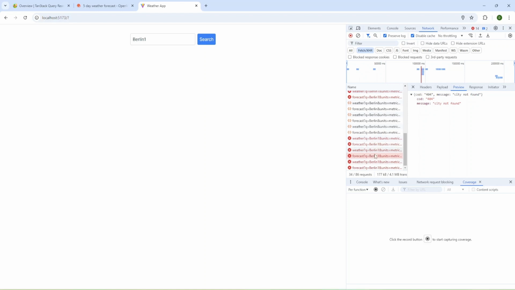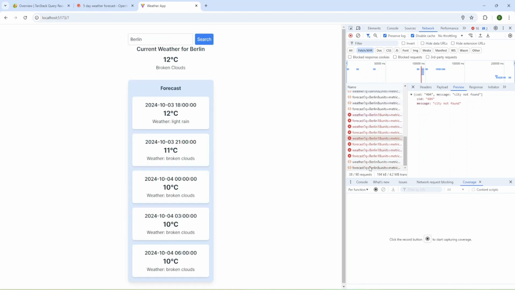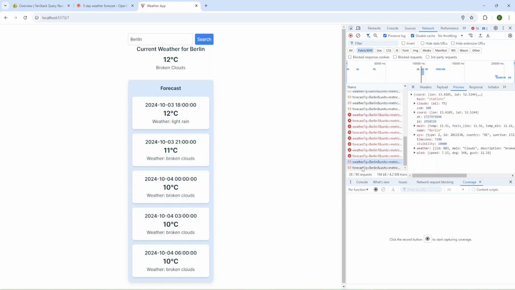And we see that query tries to retry, and we have our error. Let's check again. And one more thing, when I make a request with the same parameter, I always get the response, but we can use our cache or stale data with use query, and let's change it.